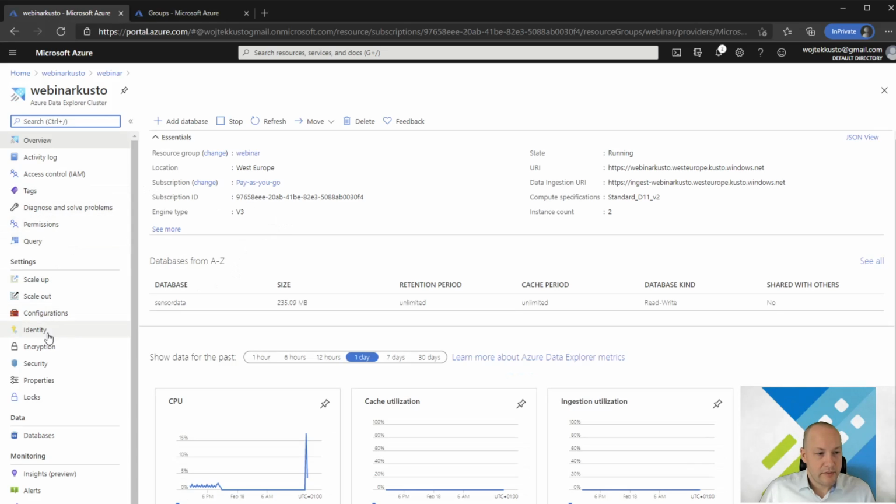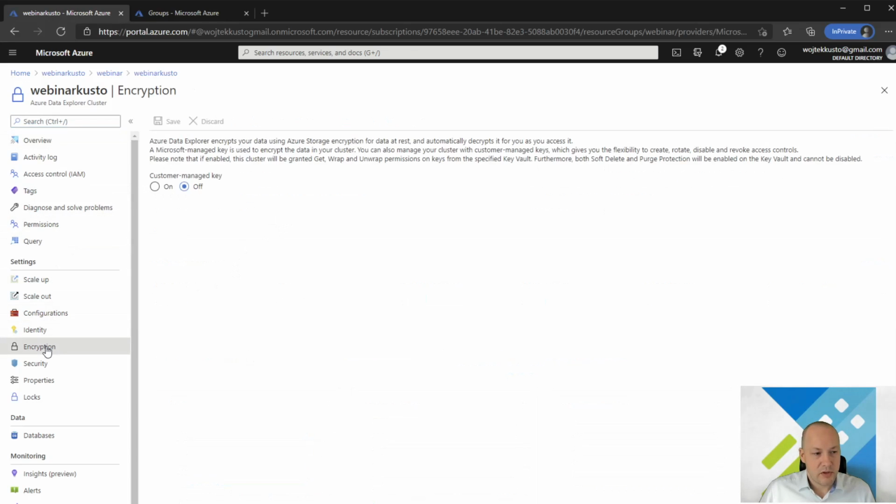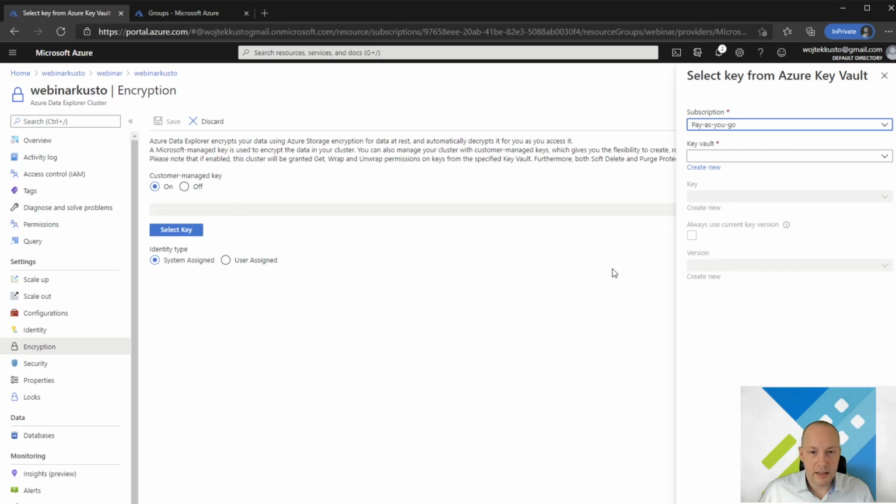You see here on the left a blade which is called Encryption. Encryption with the customer managed key. You just need to turn it on. Then you need to select the key that you're interested in. It's in this subscription. It's this key vault. It's that key, and I always would like to use the current one. I can also specify a version. That's it. Just need to press select